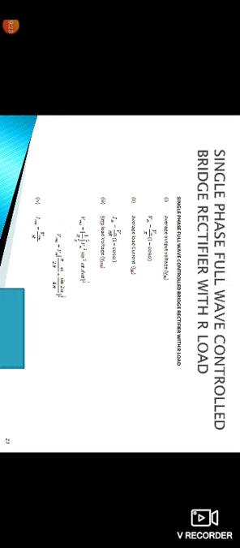In the second one, the average load current IDC is equal to Vm by pi R into (1 plus cos alpha). And the third one, the RMS load voltage Vrms is equal to 1 by pi integration over alpha to pi of Vm square sin square omega t d omega t,